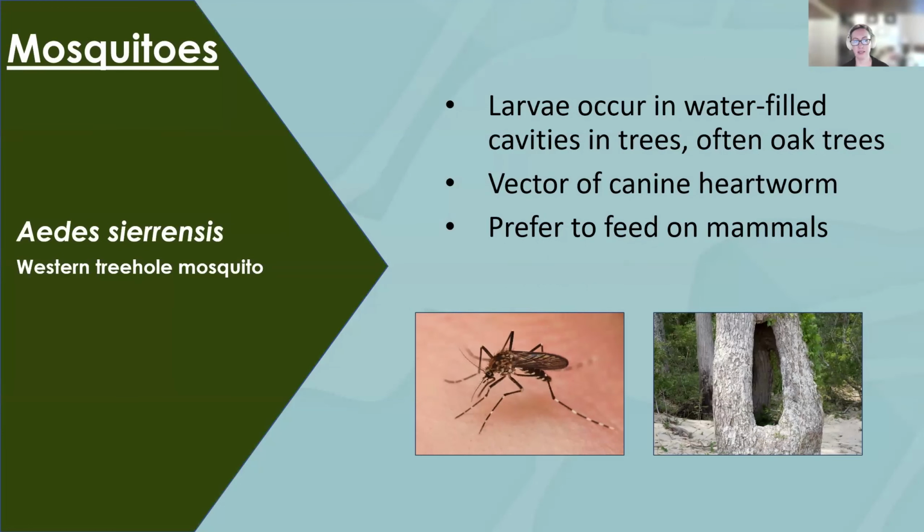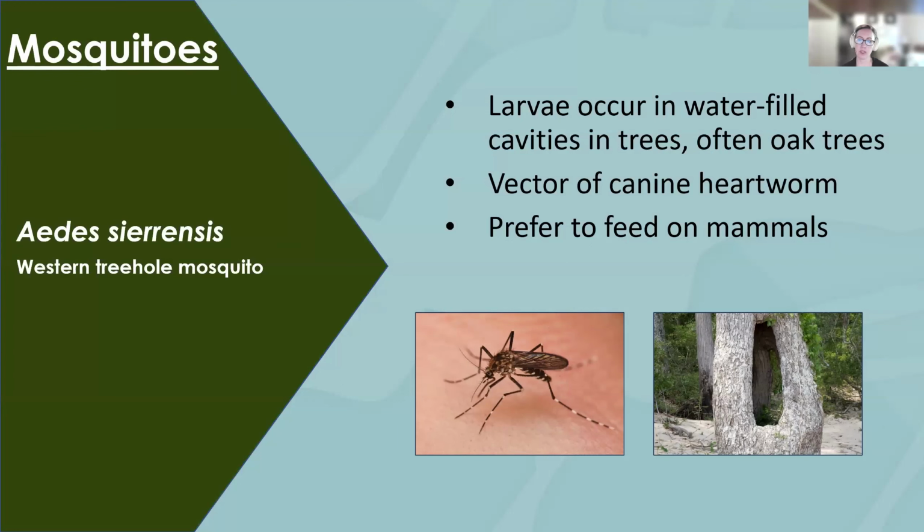Aedes sorensis is the western treehole mosquito, and they have a very specific larval habitat, which is the knot holes or tree holes that are formed in old trees, particularly where a branch might have died. Small pools of water form in those holes, and that is the habitat for the larval development of the